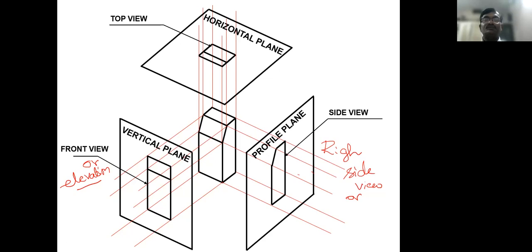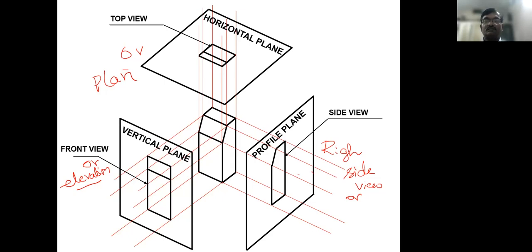You observe from the top end, that is the top view, or it is also called plan. So there are 3 principal planes used in orthographic projection, that is the vertical plane, profile plane,